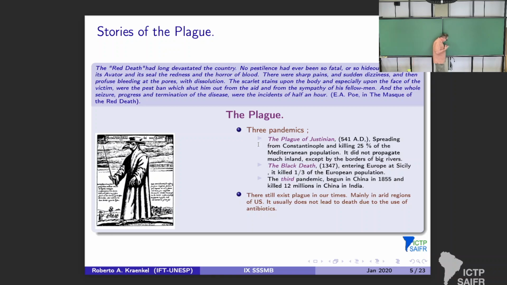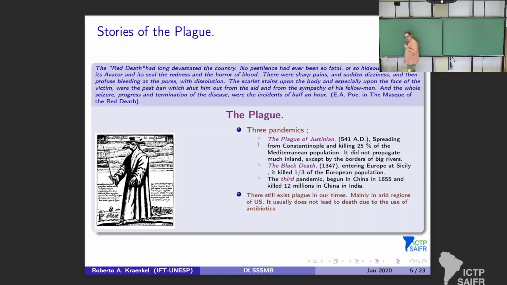But then you say, okay, that's nice, but knowing only the agent is not enough. We have to know how it's transmitted, okay? Which sometimes is non-obvious, as it was in plague. Totally non-obvious. And well, Koch actually was able to see that cholera had to do something with water, which had been